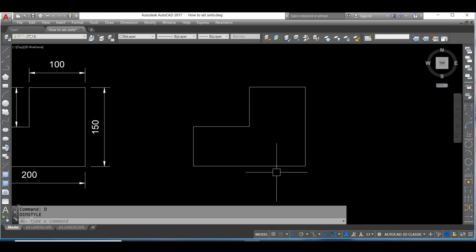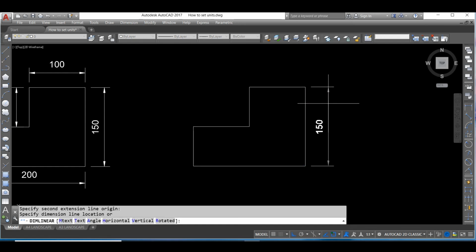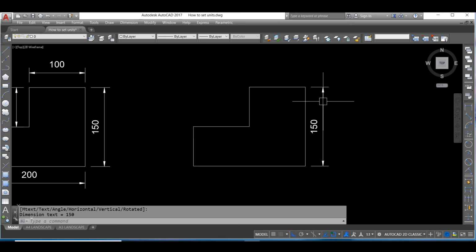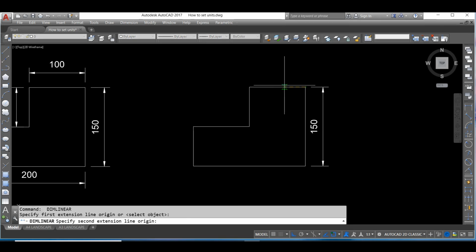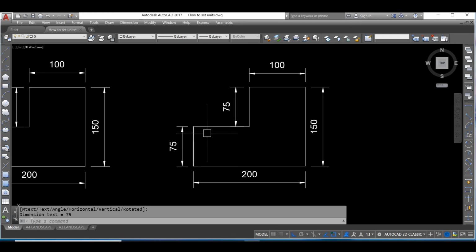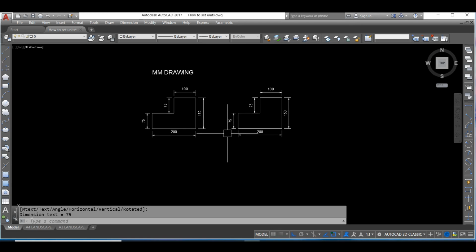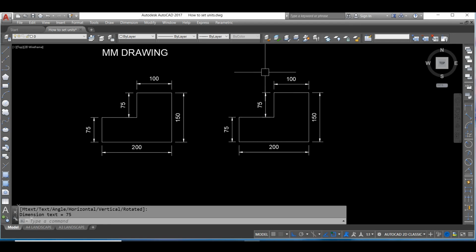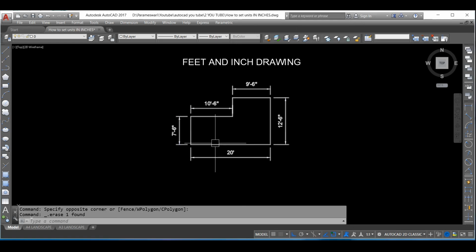Type DLI. Pick one point here and pick one point here. This dimension comes. The same. See the dimensions that I give. This is the mm drawing: how to set the units and how to set the dimension style manager for mm drawings. Now we see the feet and inch drawing, how to draw and how to set the drawing units